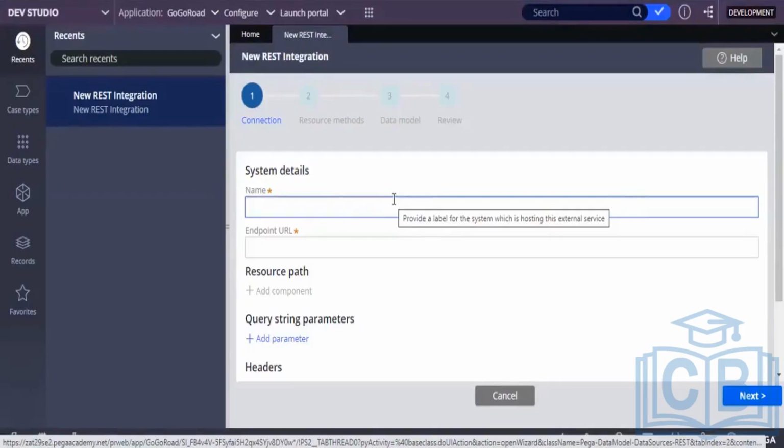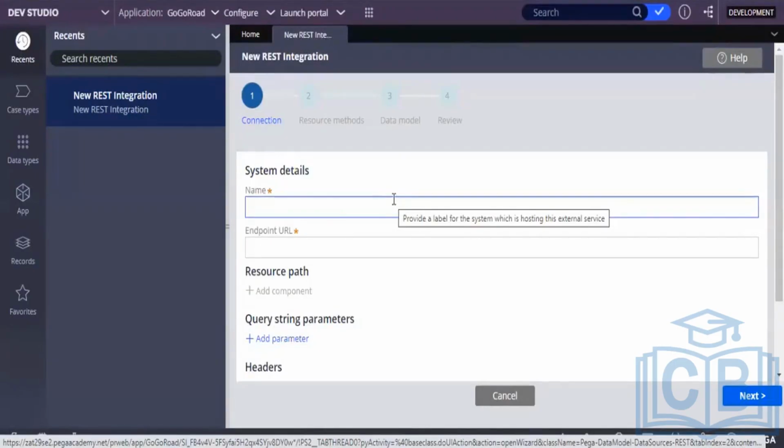Sometimes you will make some mistakes. You can individually create data transforms. Data transform is a rule only. You can individually create the properties, whatever property you require. But if you do, you might make some mistakes. It is a very complex task to create individual things. All the people will use the wizard only.